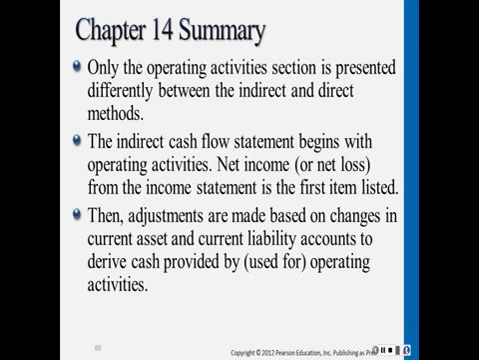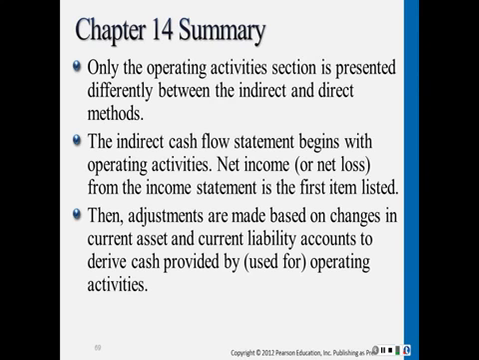Only the operating activities section is presented differently between the indirect and the direct methods. The indirect cash flow statement begins with operating activities. Net income or net loss from the income statement is the first item listed. Then adjustments are made based on changes in current asset and current liability accounts to derive cash provided by or